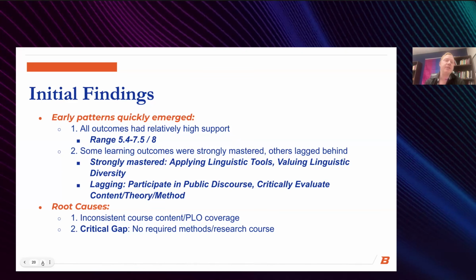At the time, our catalog was still reflecting the requirements from our time as a program within English. So there were a couple of required classes still for all students that were not necessarily as directly relevant to our social science degree as something that would have been for a broader English degree. And so these included a literature survey course and then a sort of broader communication-based course on argumentation. And so identifying these courses as not as directly related and noticing the gap in things that could strengthen our students' engagement with these PLOs, we ended up proposing and implementing some upgrades to our degree requirements with this goal of more directly addressing those needs of our students.